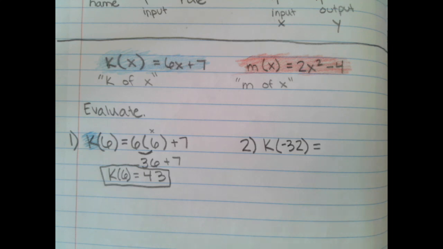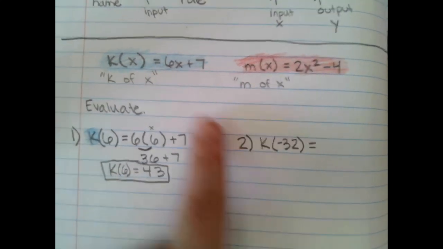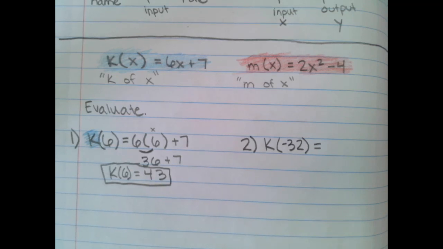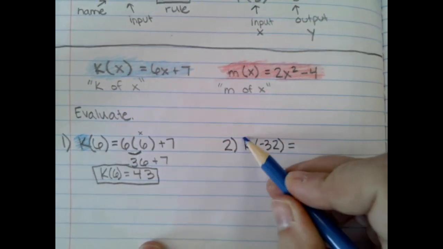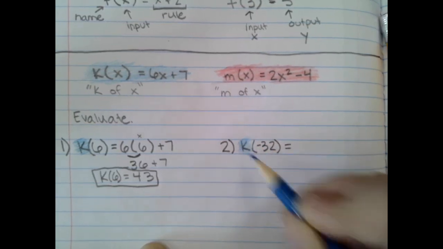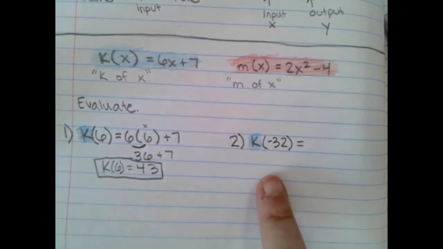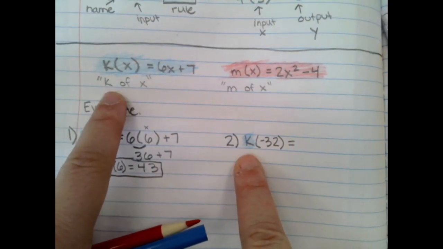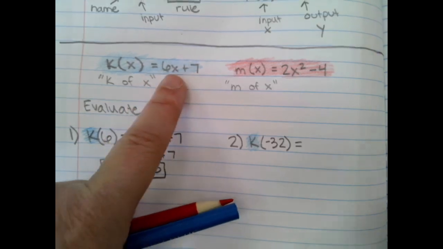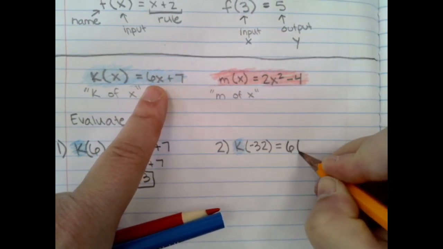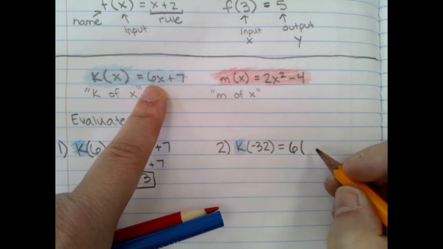So again, we're using our functions. We're deciding which function to use. Are we going to use K or M? K. And our first step is going to be to substitute or to replace our X with that input. So whatever color you've colored K, you could color that in to show that matches. So we have 6X, so we'll do 6, and then instead of X, what are we going to use? Negative 32